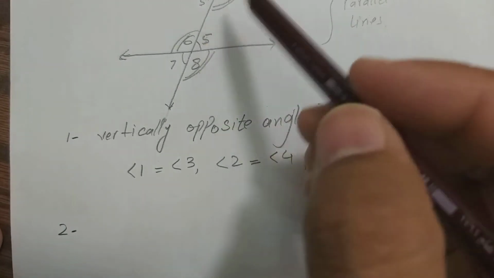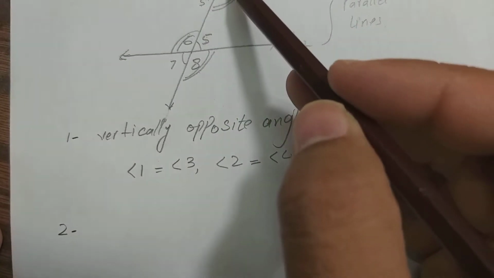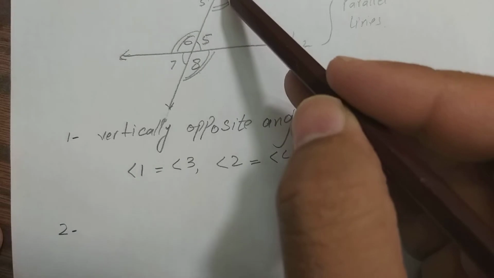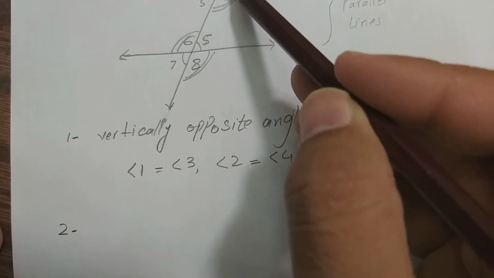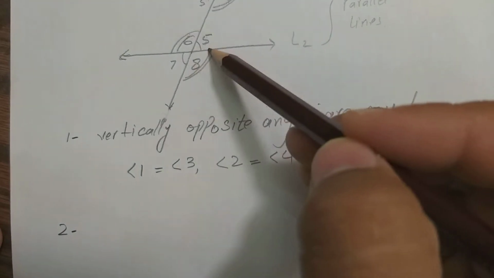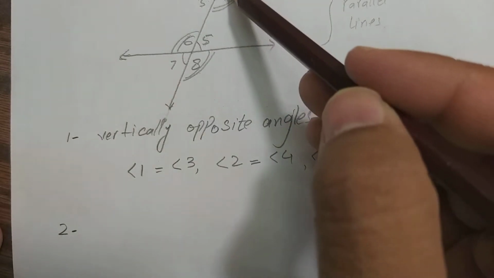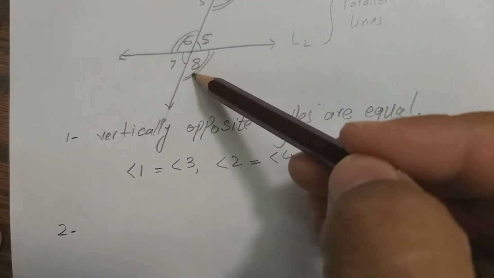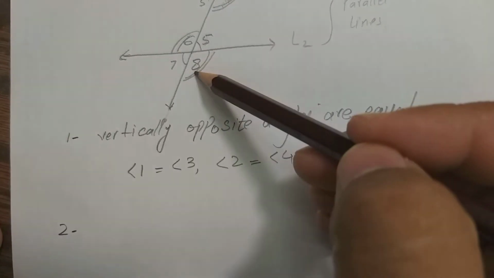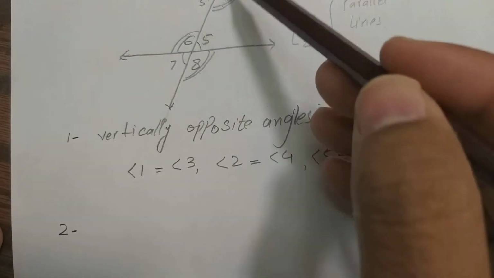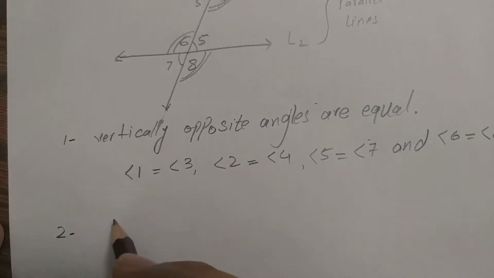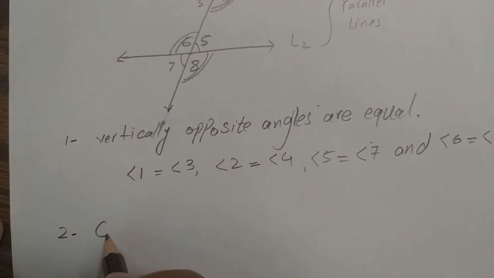This one is outside of the parallel lines and this also outside, and this one is downside and this is also downside of that line. So we can say the corresponding angles